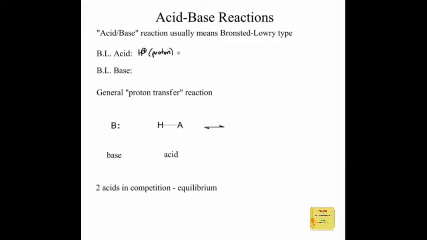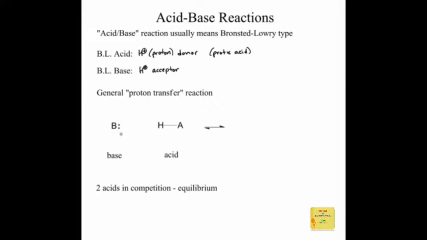It is an H plus donor to be a Bronsted-Lowry acid. That's why we call this kind of acid a protic acid, because it is one that donates protons, that is a source of protons. And a Bronsted-Lowry base is a proton acceptor, something that can take a lone pair of electrons. So the reaction, an acid-base reaction then can be described as a proton transfer, a transfer from an acid to